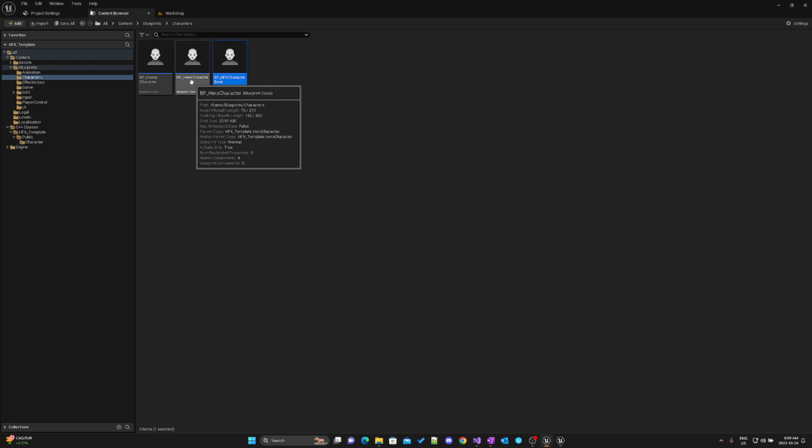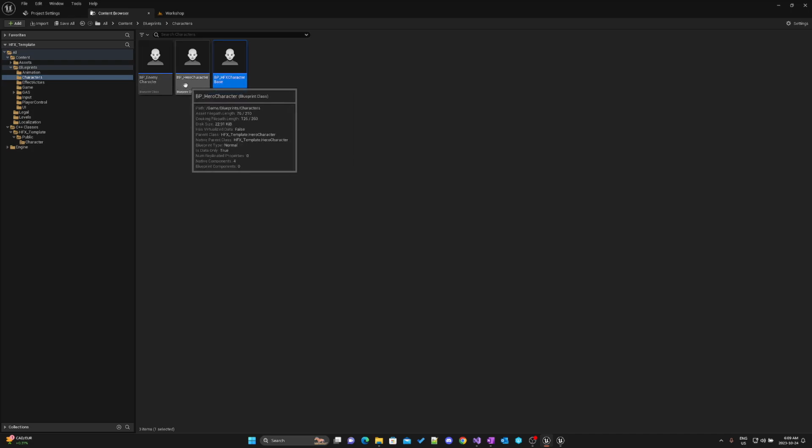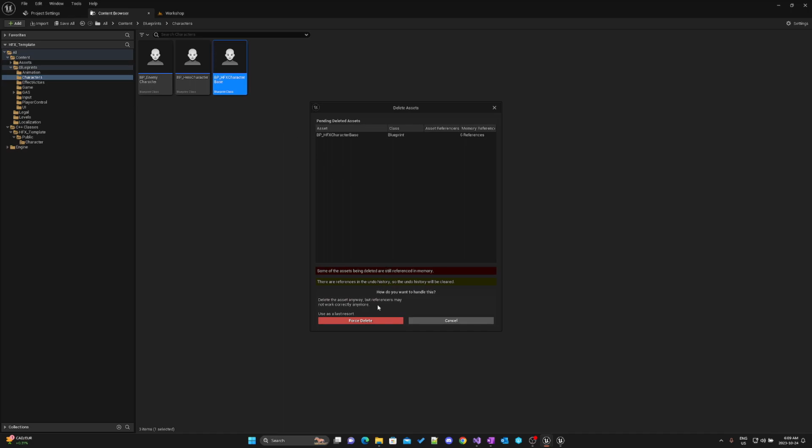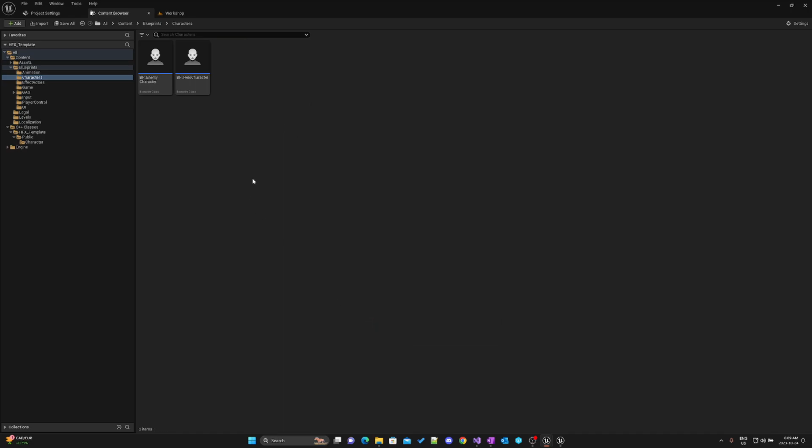These actually come off of a different class, so adding anything to this doesn't actually propagate up to these other blueprints. So this particular blueprint I'm going to delete. Get rid of that, and these ones will still be fine. So that's good. So I'm going to just save all there, and I'm going to go over into C++,